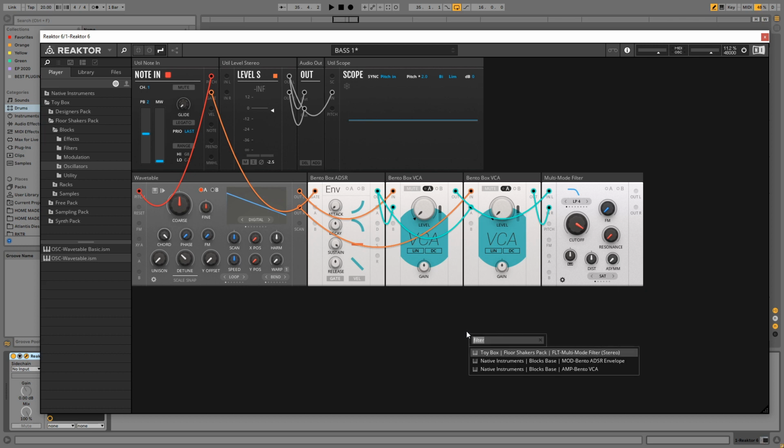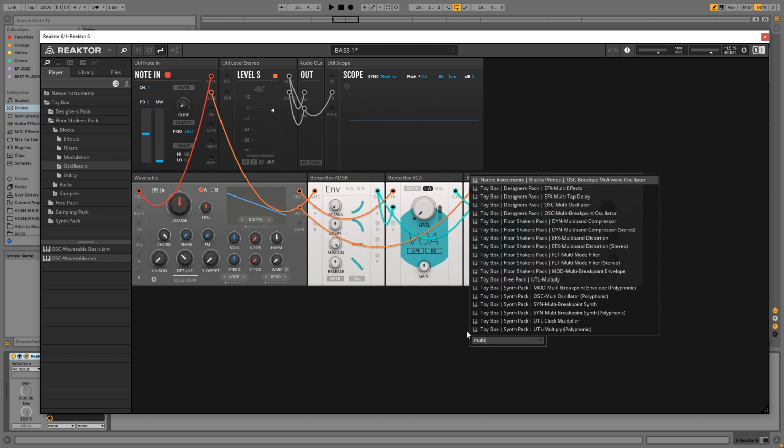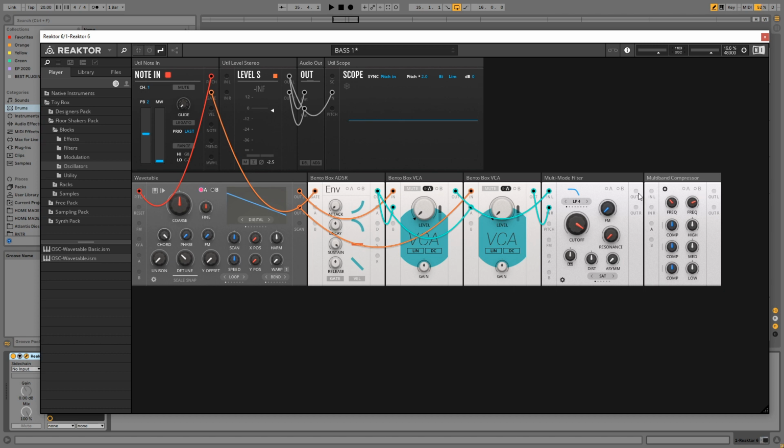and I'm also going to put a multi-band compressor in there. So where are we? Again, stereo. So the filter is going to go into the compressor. You can experiment with sort of different orders of these as well. It does make a big difference. And then I'm also just going to put a limiter on. This is from the free pack from Toybox Audio,